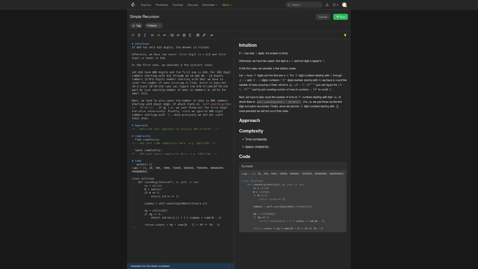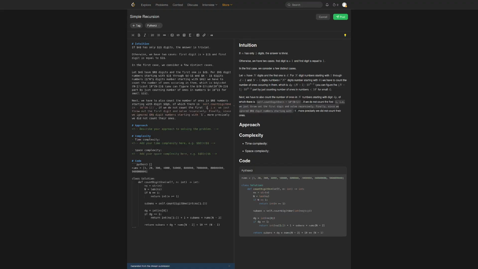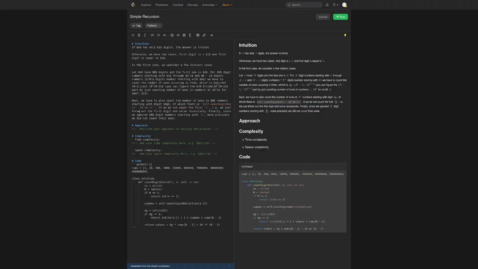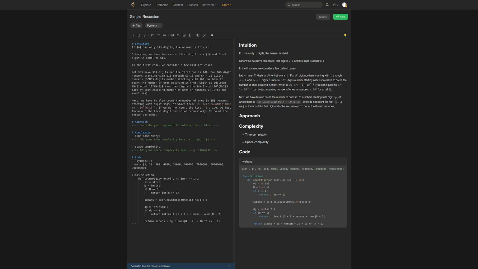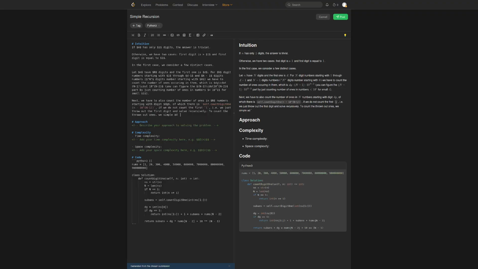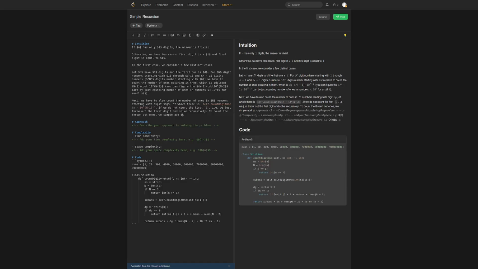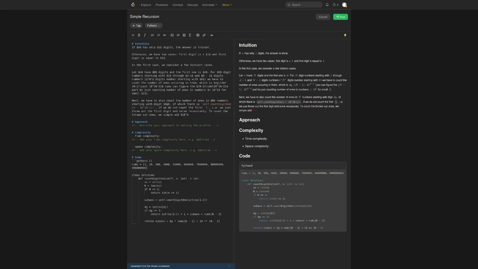If we do not count the first one, to count the thrown out ones, we simply add 10 to n minus 1, i.e. the numbers